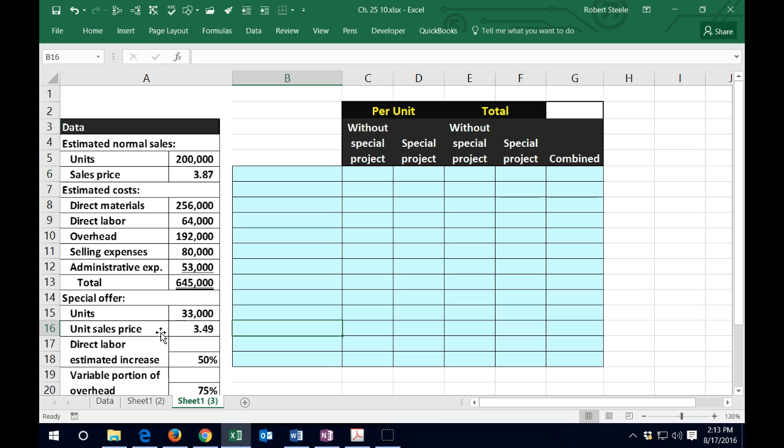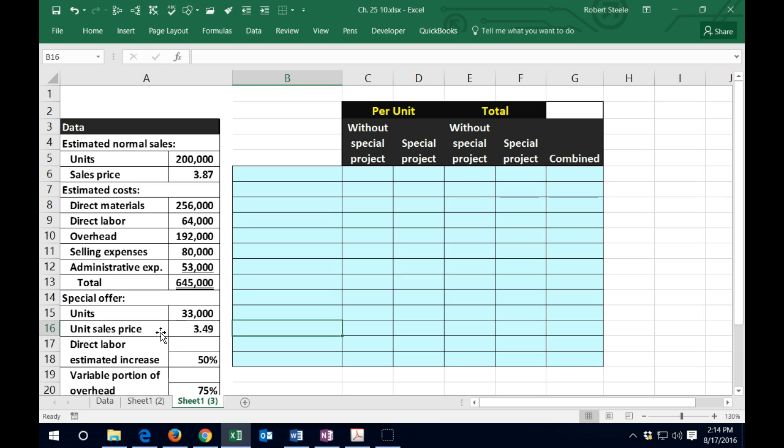So when thinking about this, we're going to think about when we're not at capacity. It's going to be a different type of situation if we were producing at capacity. If we're not at capacity and we have room to produce more, then the question usually is, is it going to clear our variable costs in order to accept the special offer? Also keep in mind that if the special offer is going to affect our relations with our current clients, that's another consideration that will be outside of the calculation we will take a look at here.